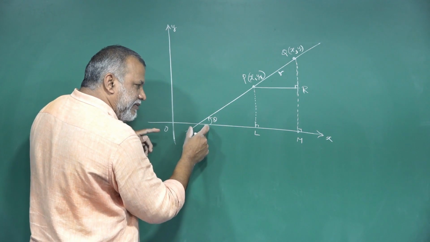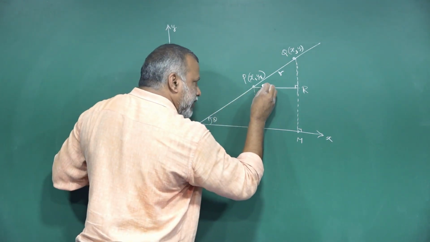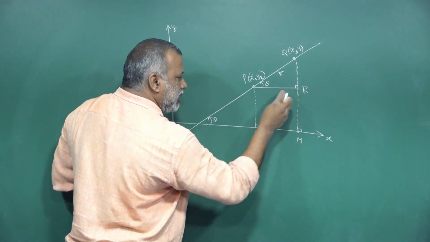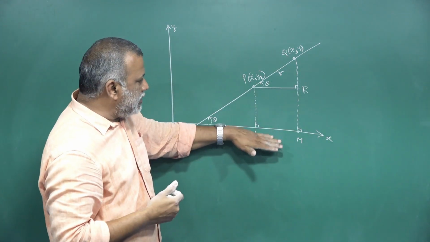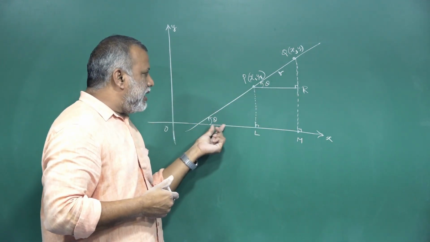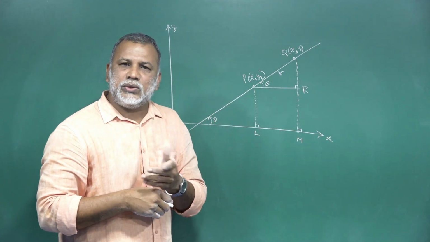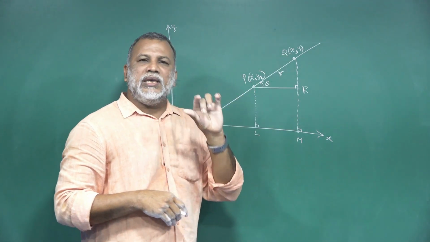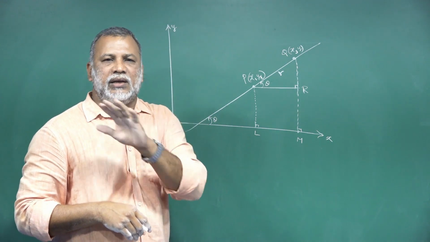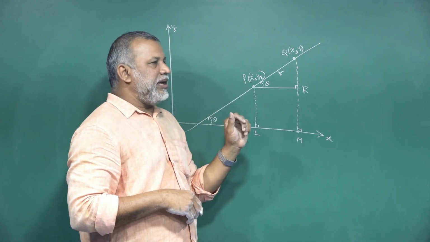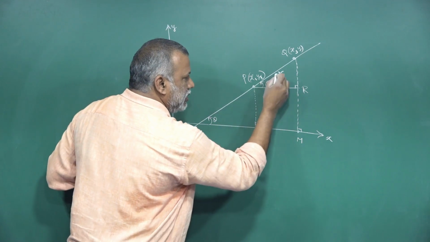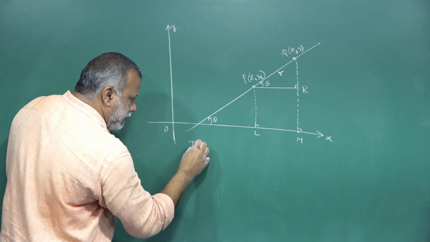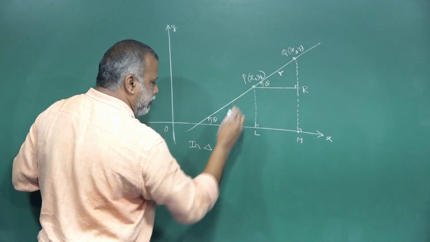See, here we are having a theta. This must be once again angle theta here, because the x-axis and PR must be parallel. Therefore, these two lines are parallel. If theta is an angle here, once again we can say that is also theta. Now see, PRQ is a right angled triangle. In this right angled triangle, theta is the only known result. So in this right angled triangle PRQ,